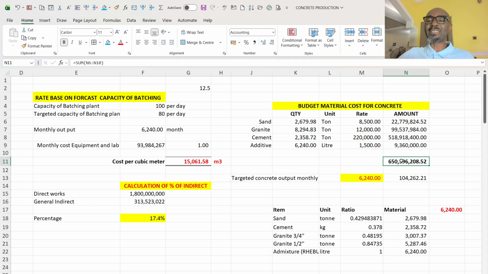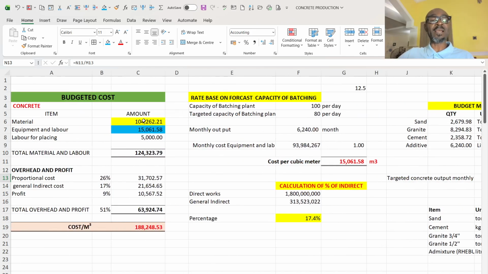So I now divided this 650 million by 6,240 cubic. Then I came to 104,000 for material, which you see in here. Then, of course, I assume the cost for placing of the concrete on site is 5,000. So the cost of my material and equipment is 124,323 naira 96